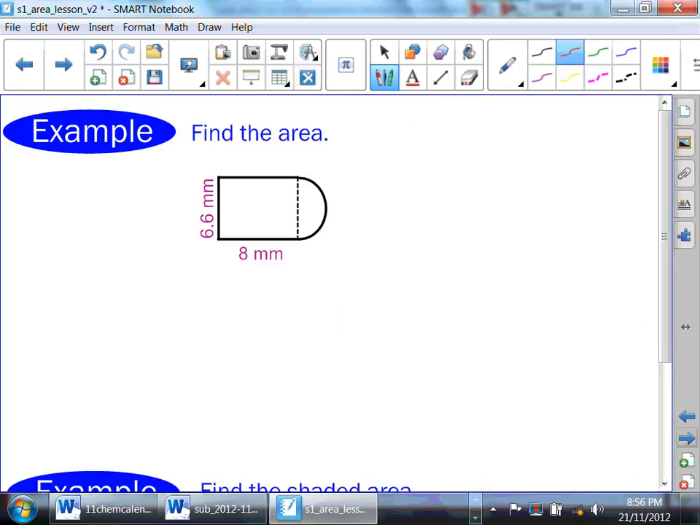Two more examples. Find the area. We have a rectangle, this is another composite object, plus a half circle on the end. How are we going to find the area of this? Well, again, we're going to worry about this piece first and this piece first. So the area 1 is a rectangle, so it's length times width. So that's 6.6 times 8, which is going to be,